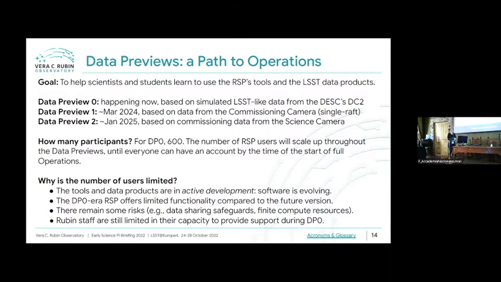For DP0, we set the number at 600 just because we couldn't open it up to everyone initially. We need to scale up our services as well. We haven't reached 600 actually, and so there are still places if people wanted to join DP0. And as we continue through this program of data preview 0, 1, and 2, we will scale up